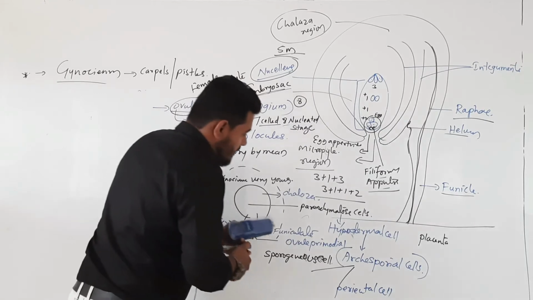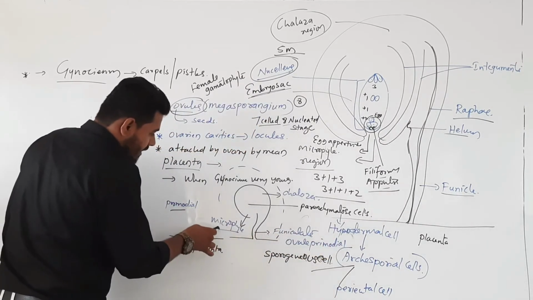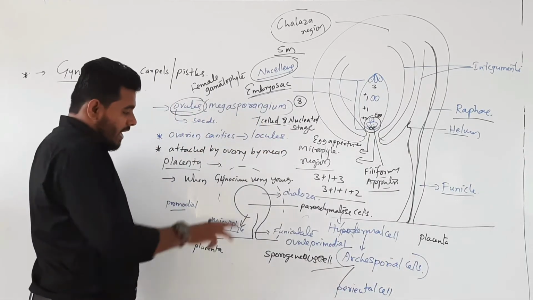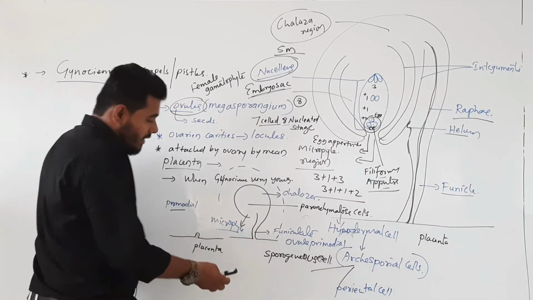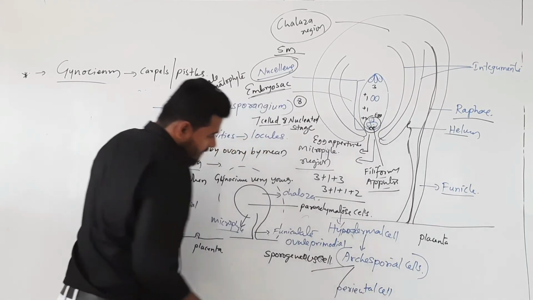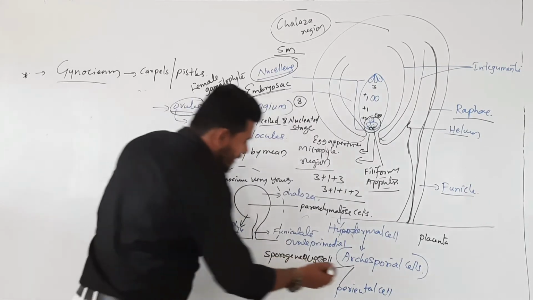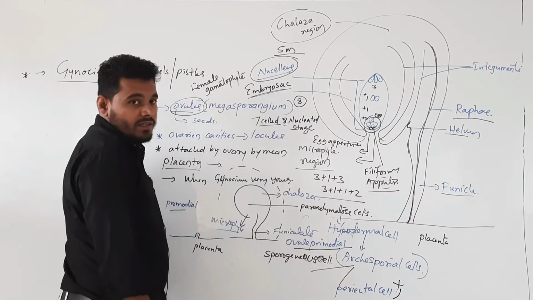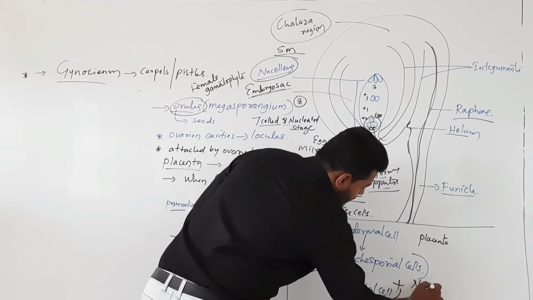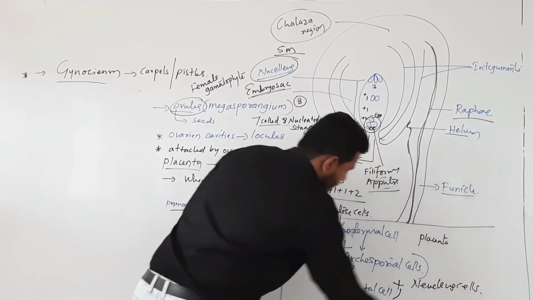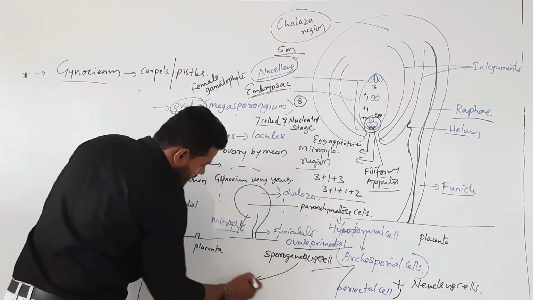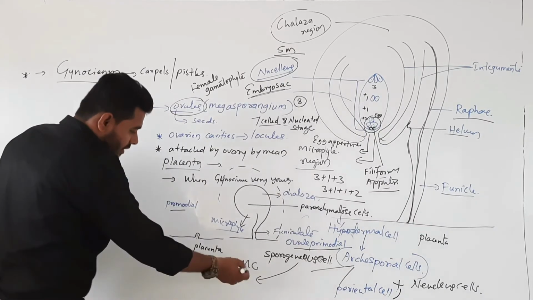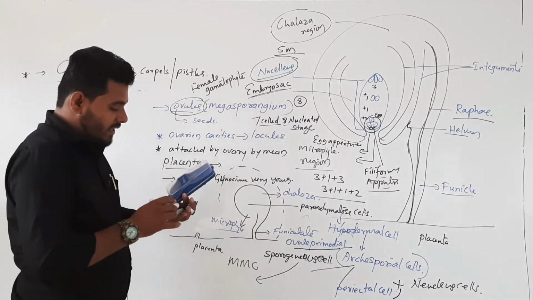So the parenchymatous cells differentiate into hypodermal cells because they are lying towards the micropyle end. Then later they differentiate into archesporial cells. The archesporial cells split into two cell lines. One becomes sporogenous cells and the other becomes parietal cells. These parietal cells, along with the ovule primordial cells, become nucellus cells, and the sporogenous cells convert into the megaspore mother cell. From that, the megasporogenesis process starts.